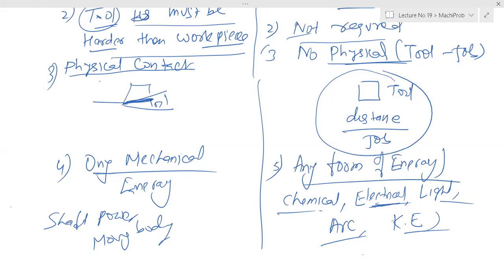Once I complete the conventional machining process and the advanced machining process, you have to attempt all GATE question papers till date. GATE started in which year? You have to check. And then you have to come with all of them. If you are not able to solve, it's my duty. You can blame me. Oh, sorry, this was not there. I will discuss. I will teach. I will explain many times.